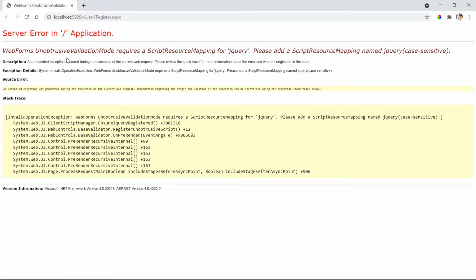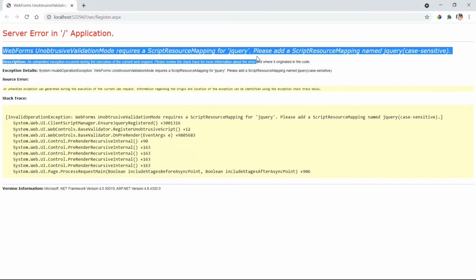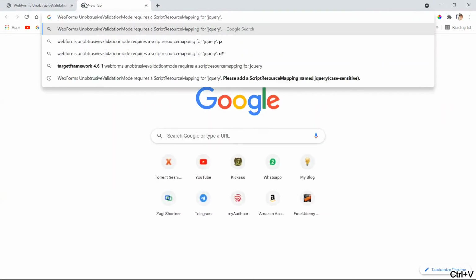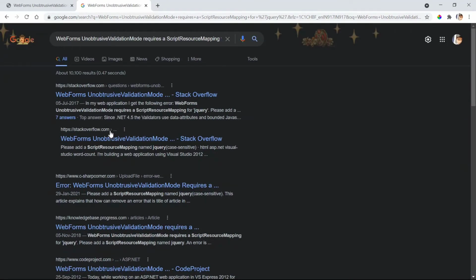When we use validation in our project, this error comes, so we need to add something for that. Let's copy it and paste it in a new tab. We'll get a solution from Stack Overflow.